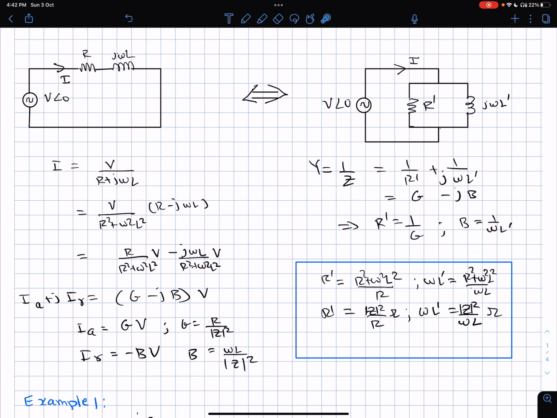So this is important, that usually we come across series RL circuits because modeling brings it in that particular way. Like in the transformer, we saw that there is a leakage reactance and a resistance, and all of them carry the same current. So we depict them as series elements, but equivalently they also have a representation as parallel components. In fact, in the transformer equivalent circuit we did both.